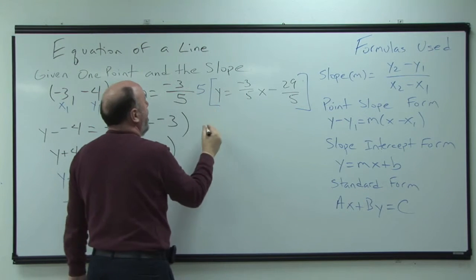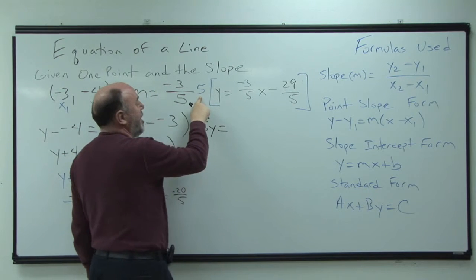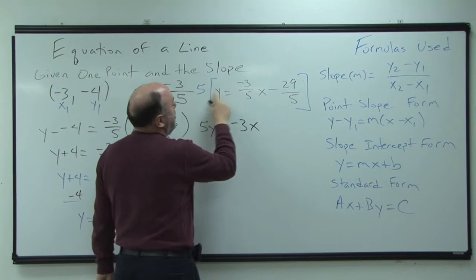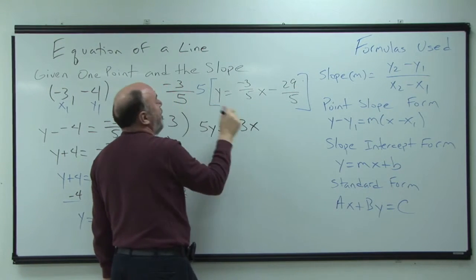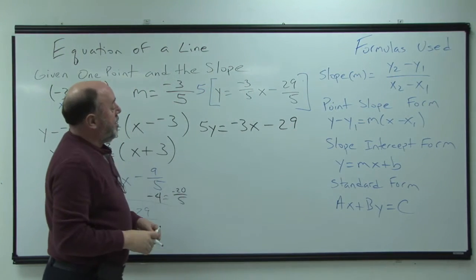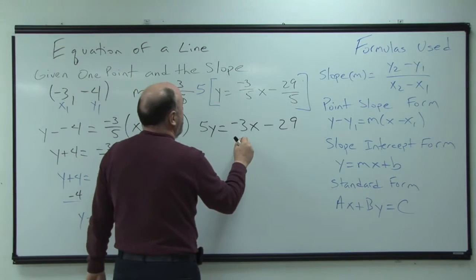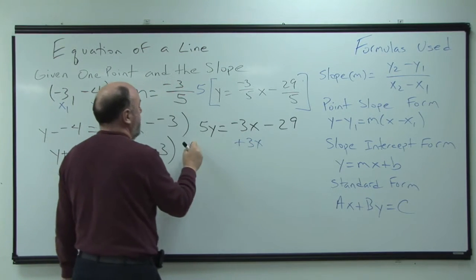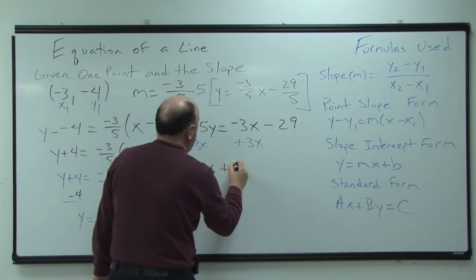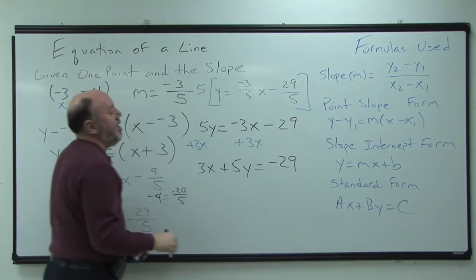So 5 times y will give us 5y. This 5 will cancel out that 5, giving us a negative 3x. And then when we do this times this 5 will cancel that 5, giving us a negative 29. And then the last step now is to take the x and bring that over to the other side. So we're going to add 3x, add 3x. So we end up with 3x plus 5y is going to equal negative 29, and that will be our